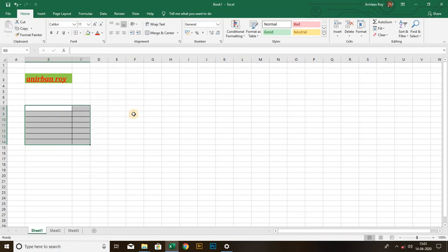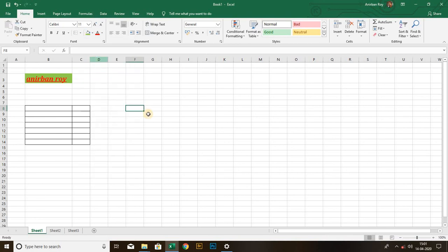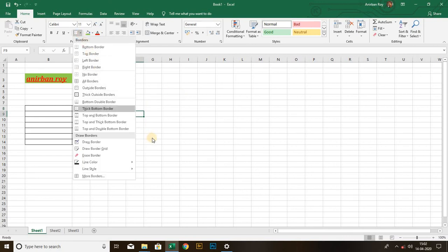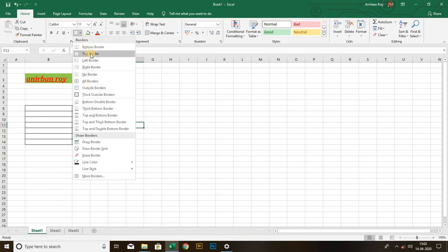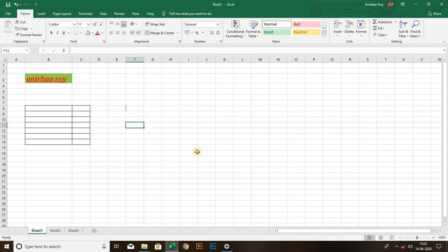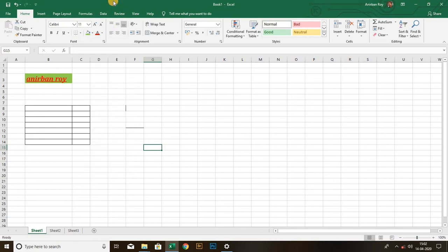Now suppose left border, you can see the left border. Now I can also apply, suppose, bottom border. Now see the bottom border. So you can apply the borders over here. So this is all about the Font group.